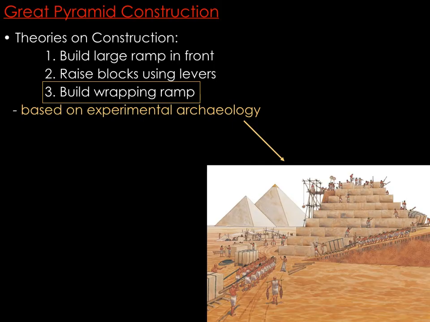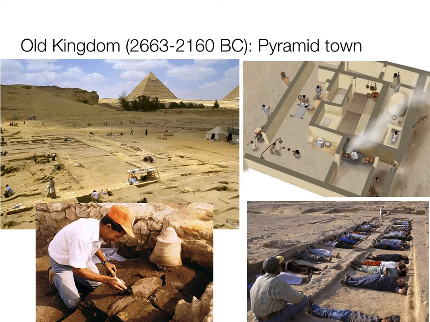We talked a bit as well about how the pyramids were built, including the different hypotheses, such as building a large ramp out in front, which is fairly untenable for reasons we discussed. We noted that one of the more reasonable hypotheses is the use of a ramp that wrapped around the pyramid and was disassembled as the pyramid was finished. That seems to be the most likely hypothesis, but it's going to be difficult to say for sure what the final answer is.